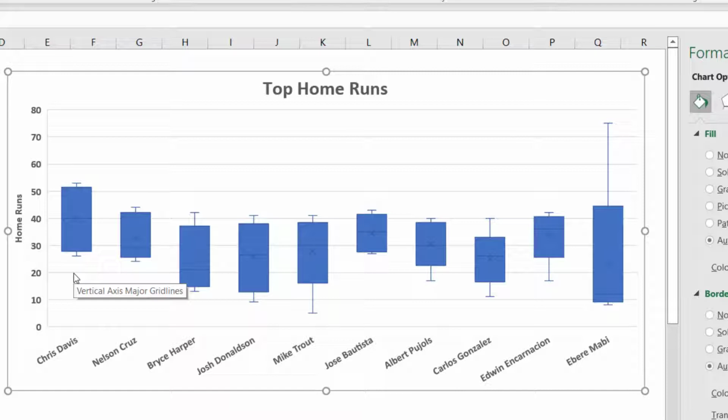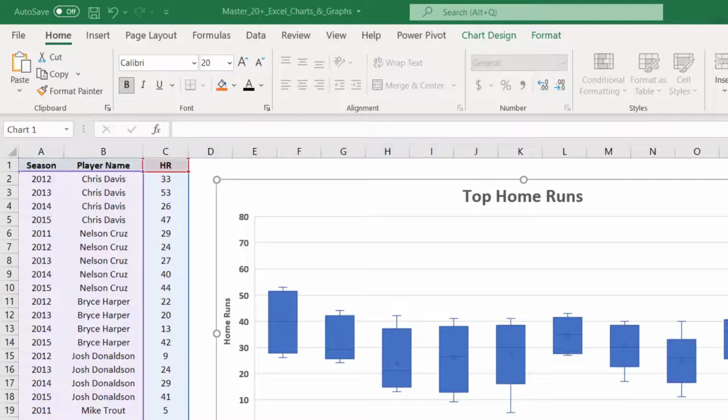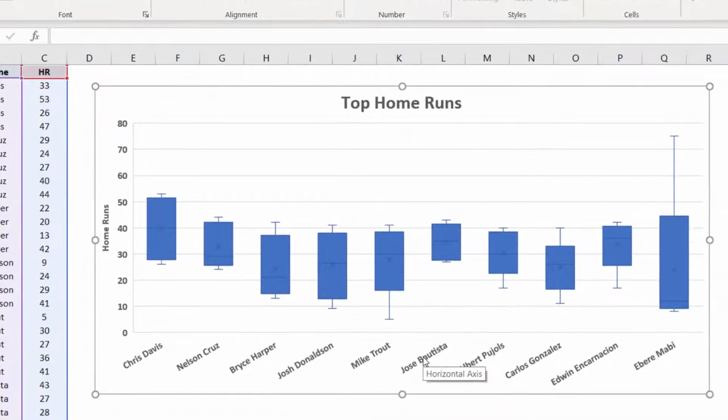The whisker shows you the maximum and the minimum value, while the horizontal line in the middle shows you the median. You can see a little bit of an X here, which shows you the mean. You can see this chart contains a whole lot of statistical data. So after understanding that this chart type gives a lot of statistical analysis about your data set, you can see from the bottom of the whisker